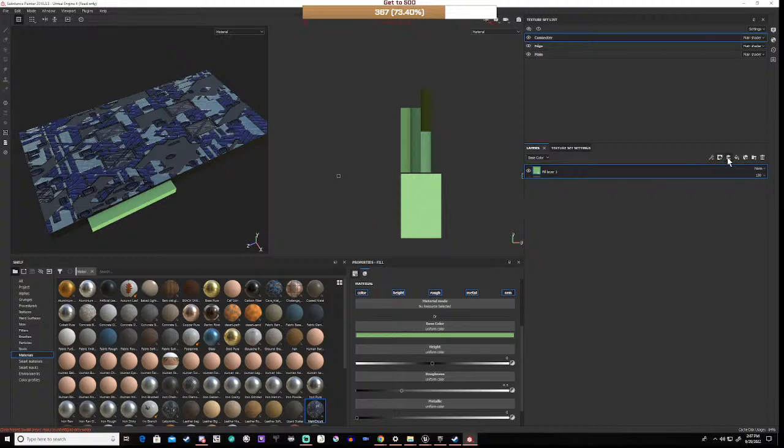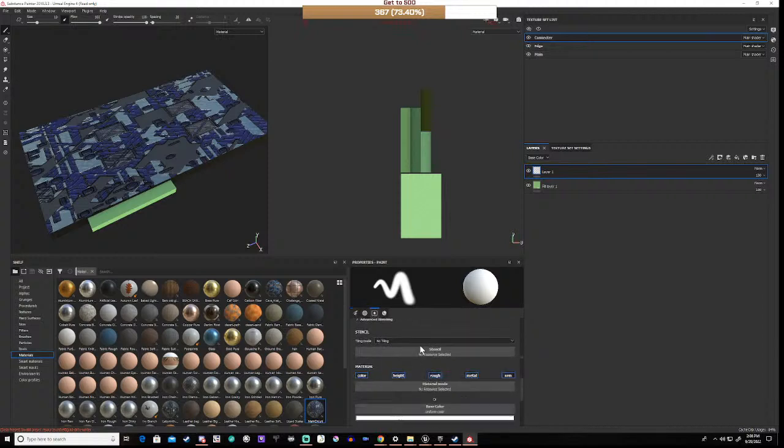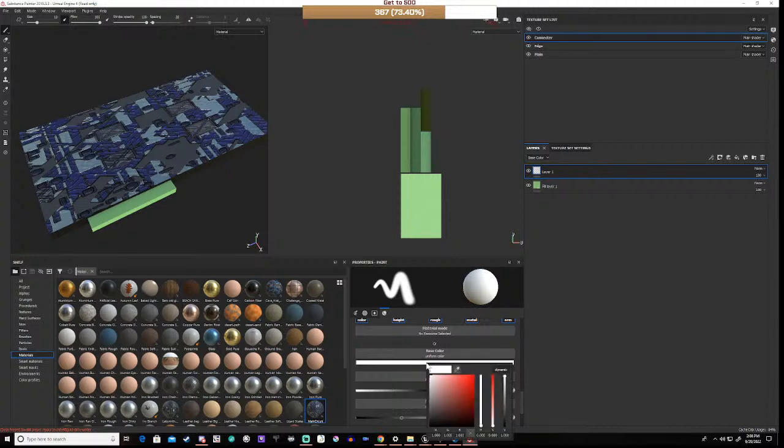Right, and now what we can do is we can add a layer. This is going to go on top, right? And we can select a color. So let's say we want a kind of, you know, what it would normally be. I mean, this is a bit bright, but so we could drop it down to there, I suppose, right? But